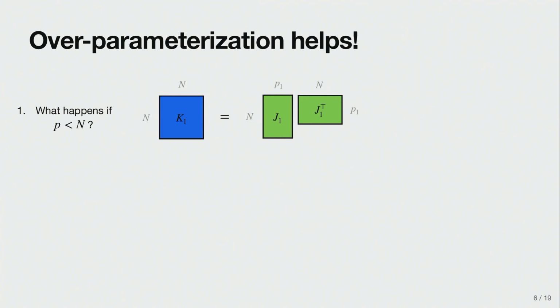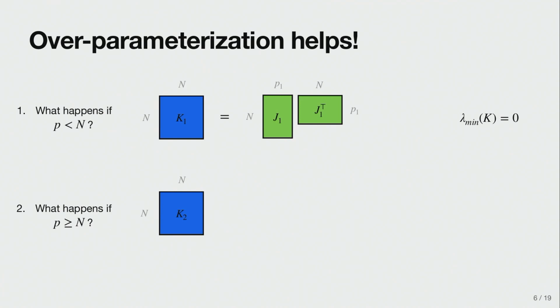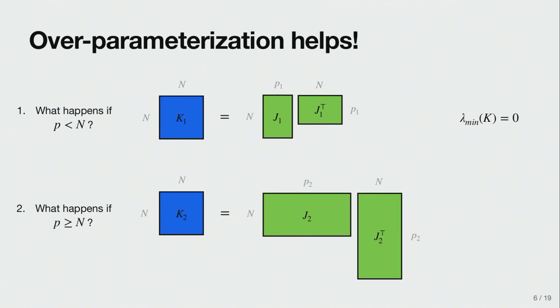The last point is the most important, and it is about overparameterization. To give you a very fast pictorial way of why this is the case: of course, if you are working with an underparameterized network, the kernel can be written in this form, and it's pretty easy to see that this is rank deficient. So the smallest eigenvalue of the kernel is going to be zero. We, of course, want to work in settings where the network is overparameterized, because in this case the matrix is made by this fat Jacobian, and we might have the situation where the smallest eigenvalue is larger than zero. It's not automatic, but at least we know that we can do it.